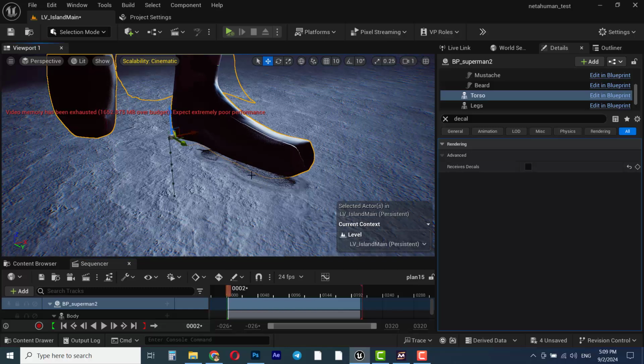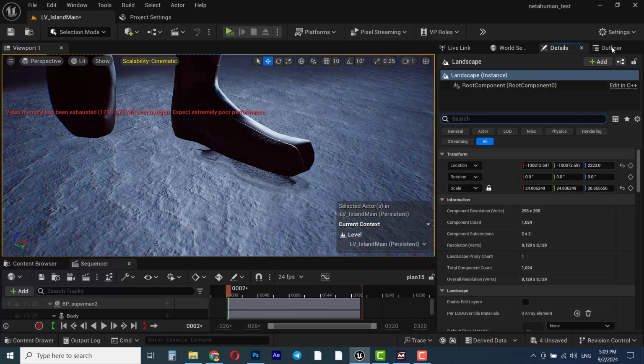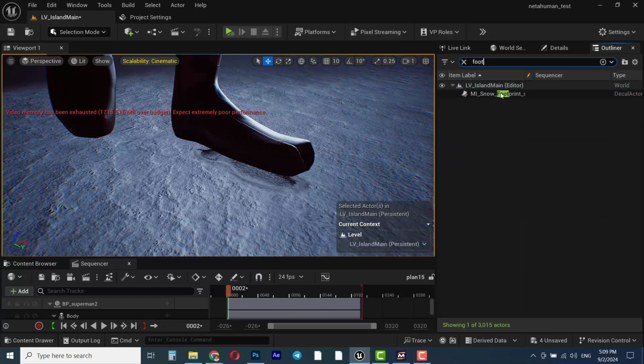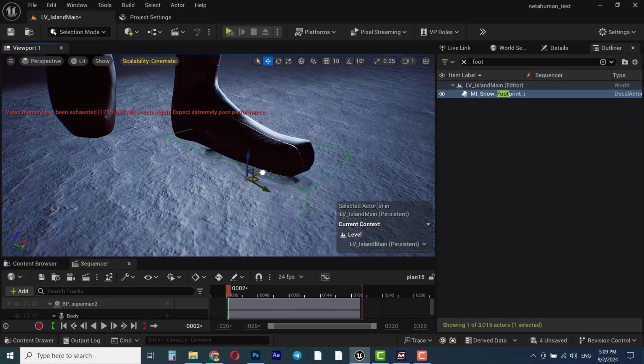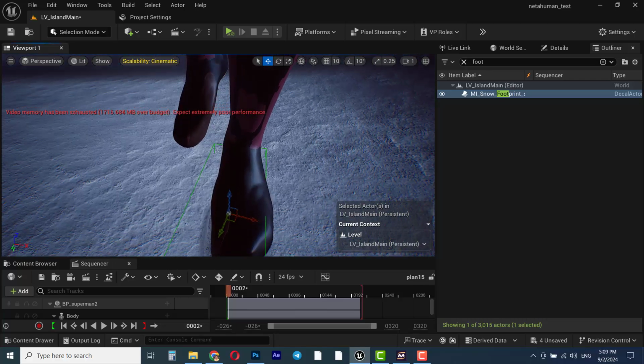So we need to move the decal. I guess we've lost it. Search for footprint, this one, and move it and place it exactly under the shoes. We need to scale it a little more. Bring it forward, and